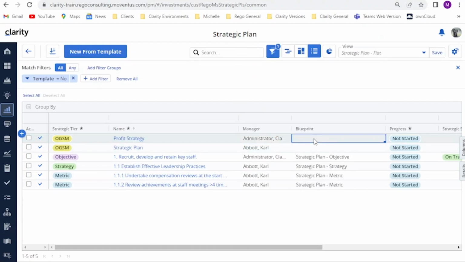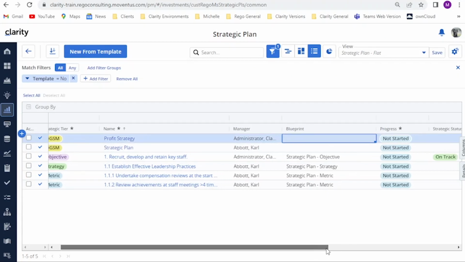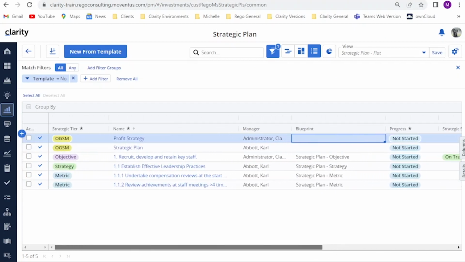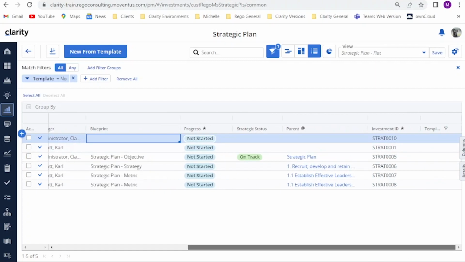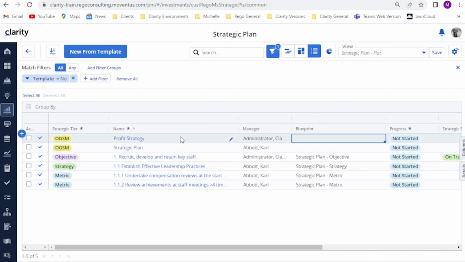Because it is the highest level, it doesn't need to be attached to the blueprint. It's more just for sorting purposes. And that's going to become my highest level of my value stream. So now what I want to do is use the new from template feature to create